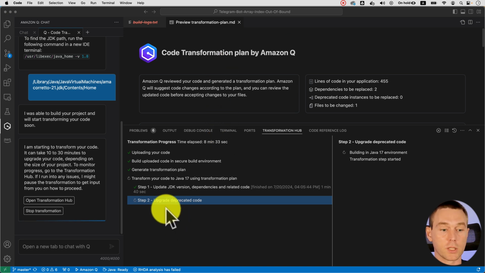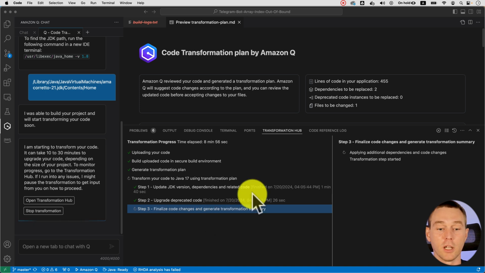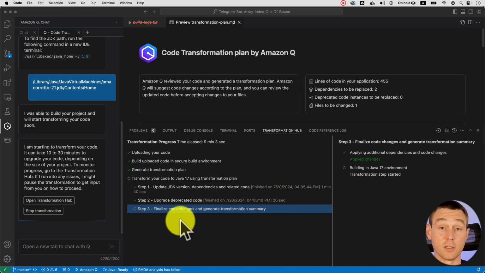And now, as you can see here, step 2 is to upgrade deprecated code. So not only will it make sure to upgrade your JDK version and dependencies, it will also try to find any deprecated code that you may have in the code base, and it was done in 26 seconds. And step 3, it says finalize code changes and generate transformation summary, which we will be able to review